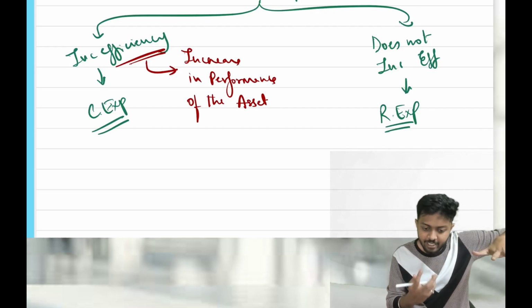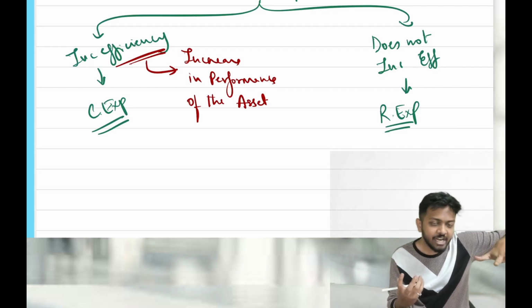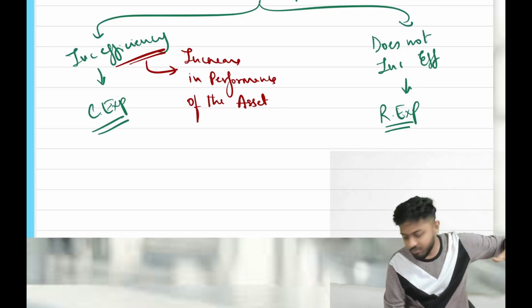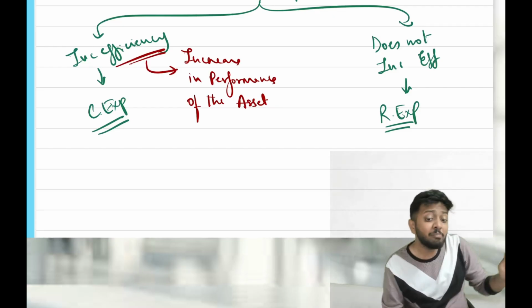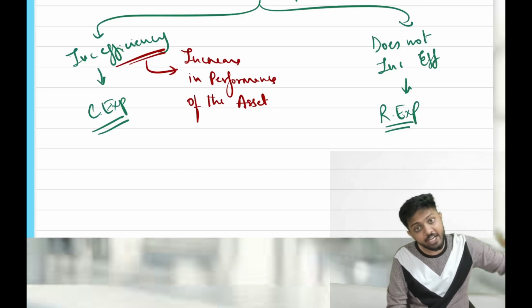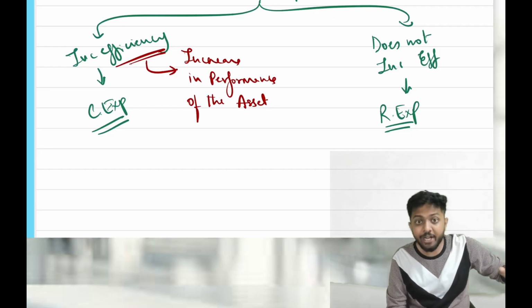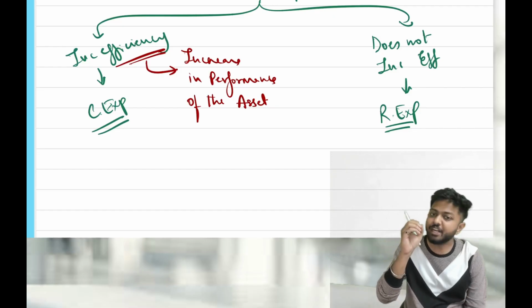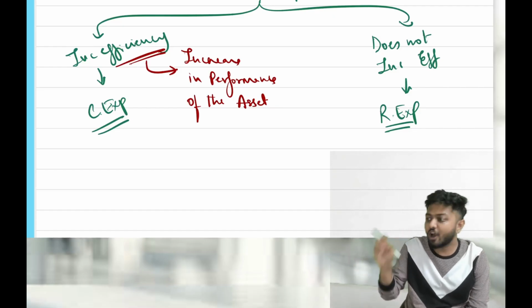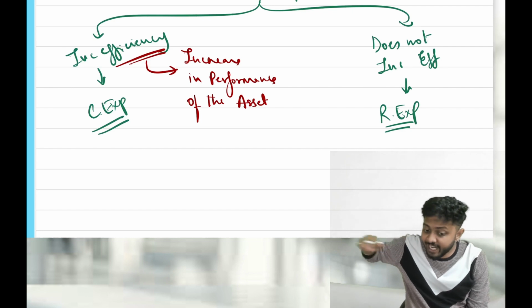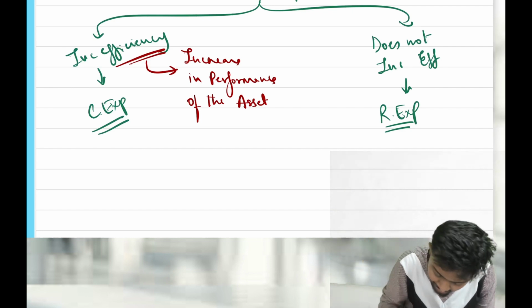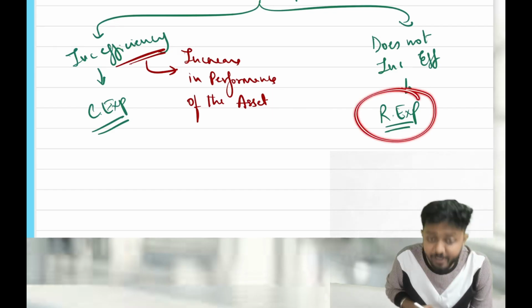When I bought the vehicle, the mileage I was getting was 60 kmpl. Now if I get it serviced every year or every 6 months, that 60 kmpl will be maintained. The efficiency is not increasing, it stays at that point only. Will that be considered capital expenditure? No. Any money spent on normal service or normal repairs, which maintains the existing efficiency and does not increase it, will be treated as revenue expenditure.